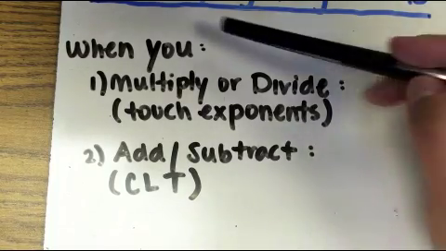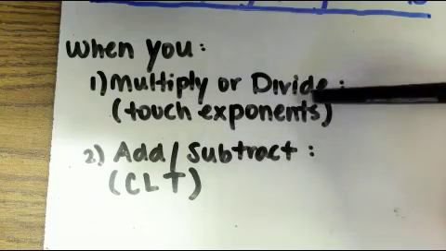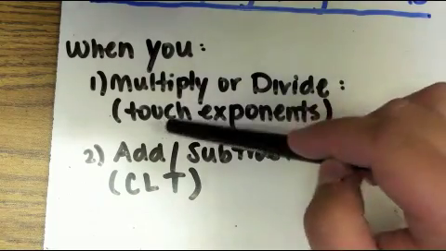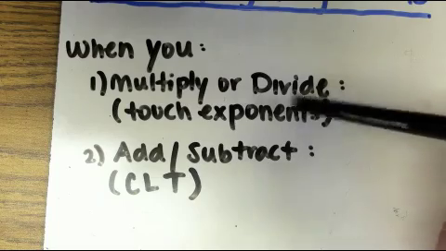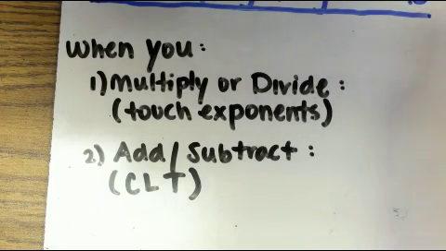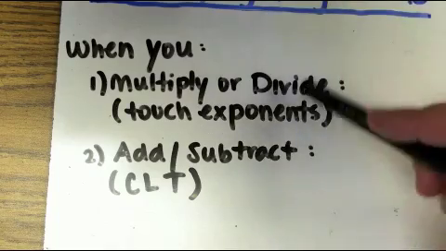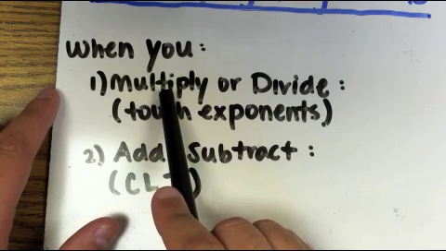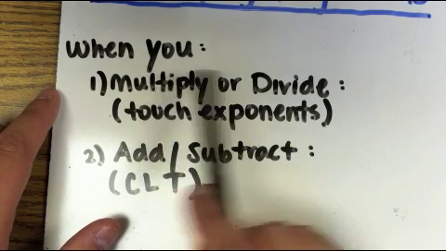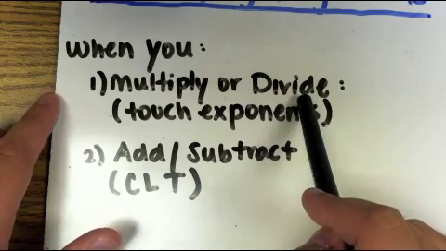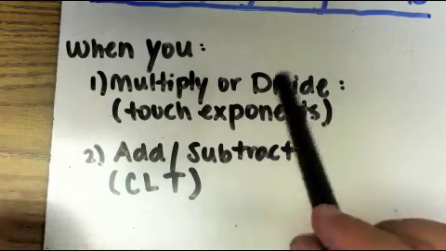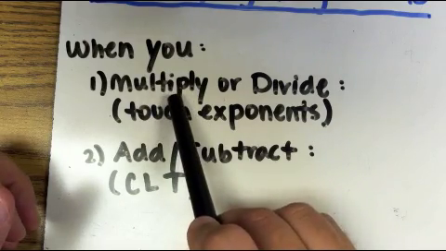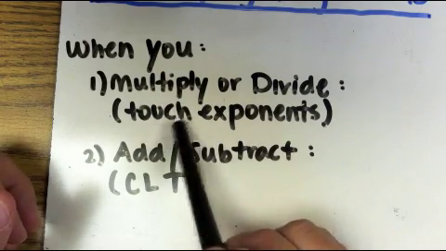And that is for this, when you either multiply or divide, remember guys, that is when the exponents are going to be altered in some sort of way. You're going to have to work with them, touch the exponents as I put here. Remember, when you multiply, you add the exponents. And when you divide, you subtract the exponents. So please keep that in mind. When we are multiplying today, because that's what we're going to be covering today, you are going to have to